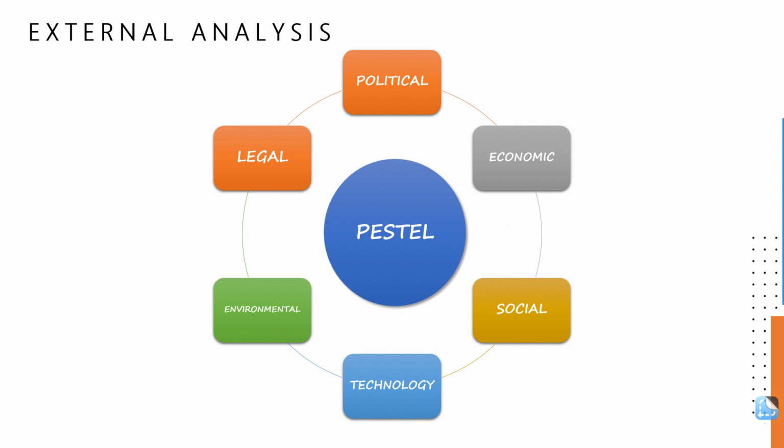Let's say the Ukraine war is greatly affecting the economy of European countries. So it is political, right? Now Ukraine has no stable political situation. Then economic factors include inflation, interest rate, and economic growth of a country. Social focuses on the population of the country, demographics, consumer preferences, lifestyle changes, cultural trends, and so on.